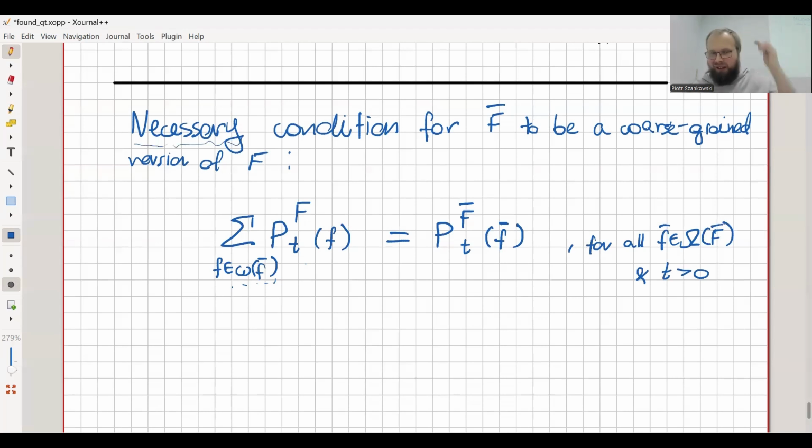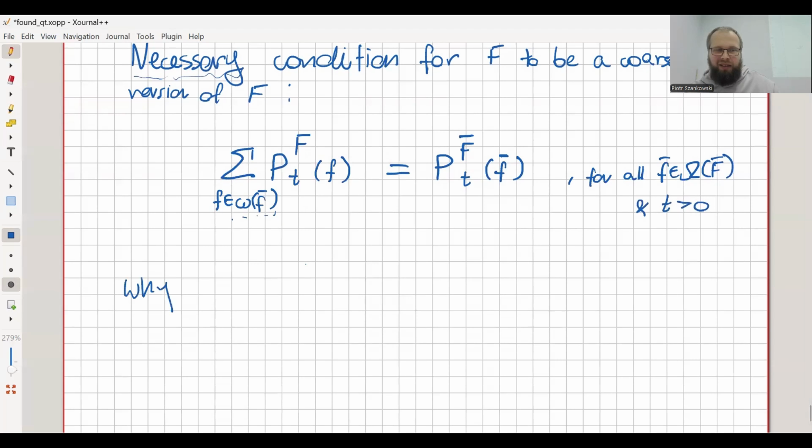Why is it not sufficient? To understand why, we have to go back for a second to classical theories again. Because the idea of coarse-grained measurement is clearly something we know what it means in classical theories, right? We are trying to model it on our understanding from classical theories. But